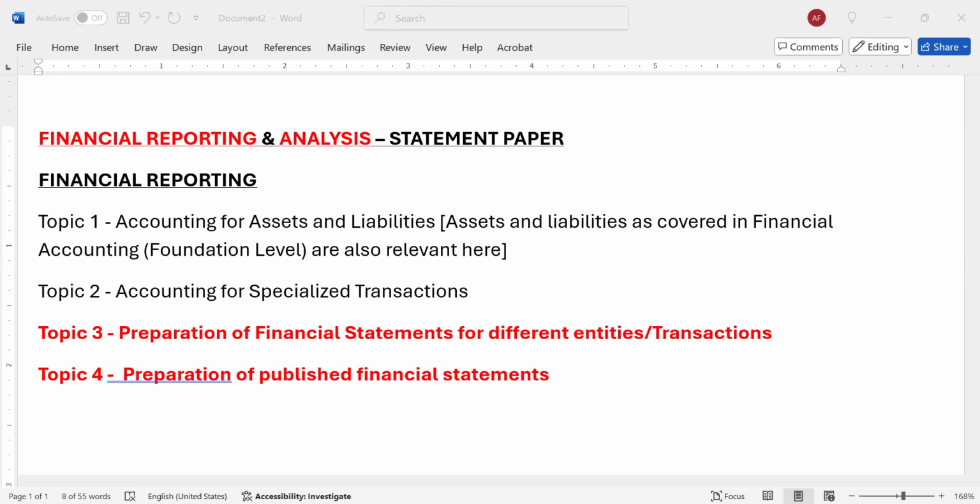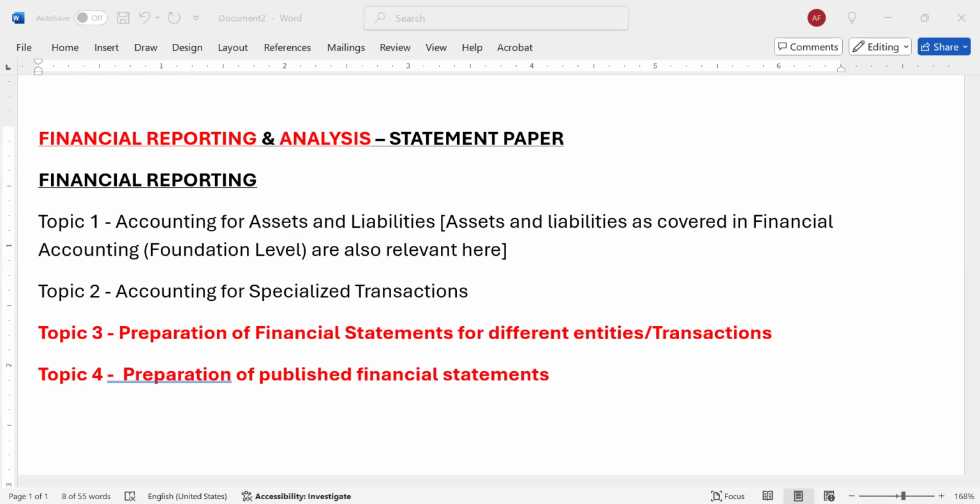Remember cash flows. In some of the past reviews, you'll find that cash flow initially was under consolidation, that is accounting and financial statements for interest in other entities. But right now, my good students, you should be prepared. You must be able to know that cash flows currently are under what? Published financial statements. Initially it was under consolidation, but currently you should understand that cash flow is under published financial statements.